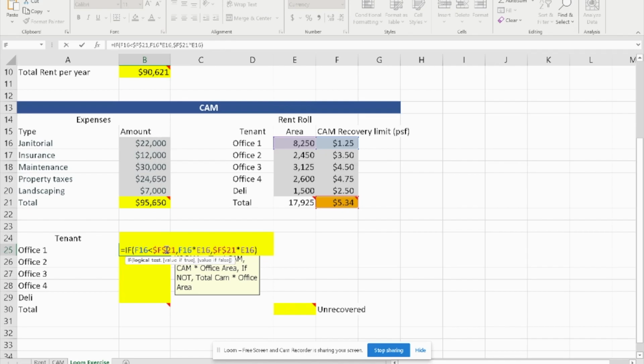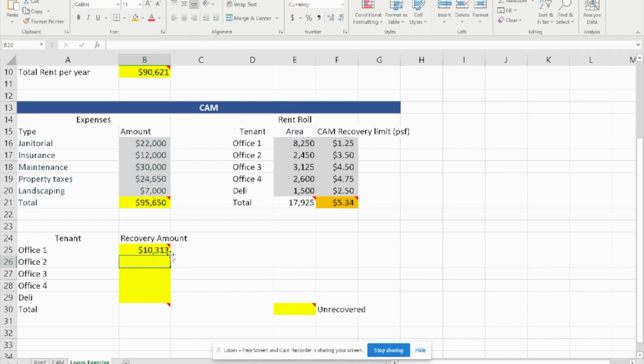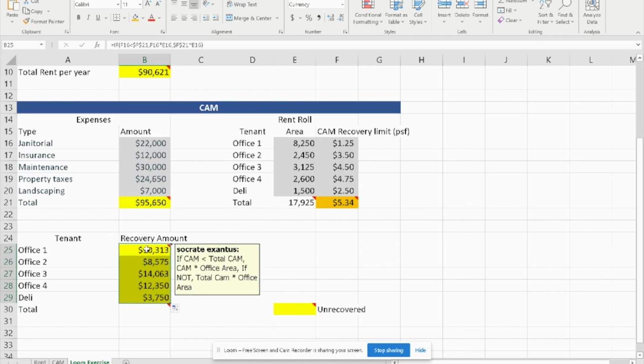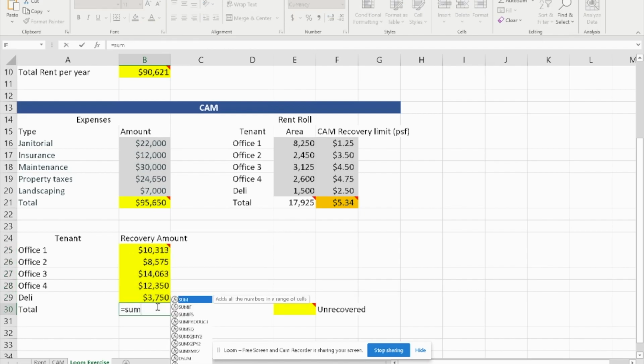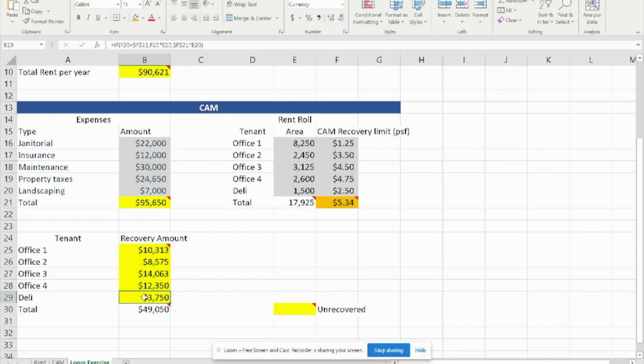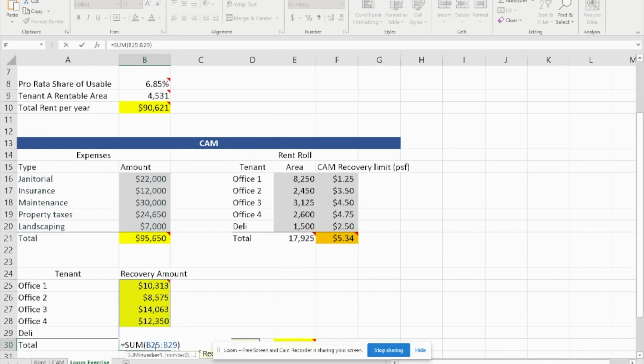By doing so, we can now drag the formula to the other spaces to calculate their recovery amount. And the total is going to be the sum of all of the recovery amounts, including the deli space. We should have